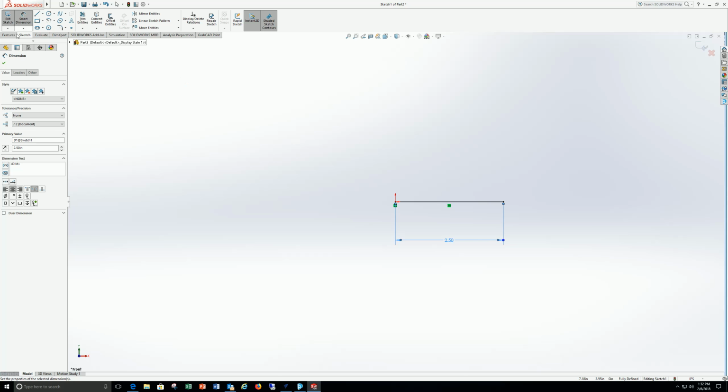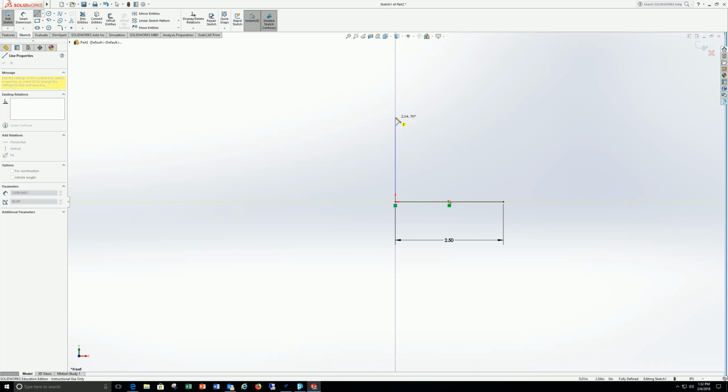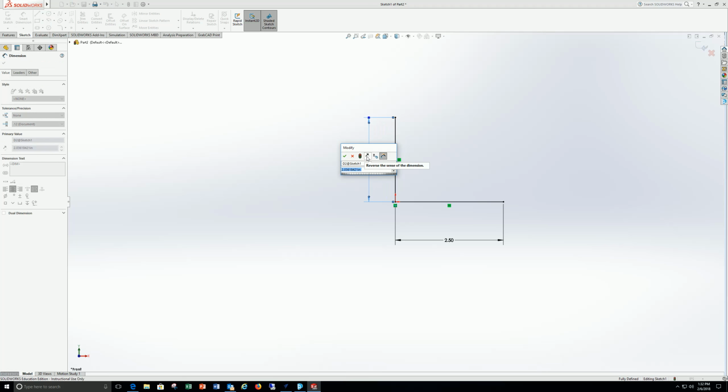Okay, I'm going to check that off. I'm going to go back to line command, go back to my origin, go straight up, click it anywhere, doesn't matter. Go to Smart Dimension, click this, type in 2.5, enter,